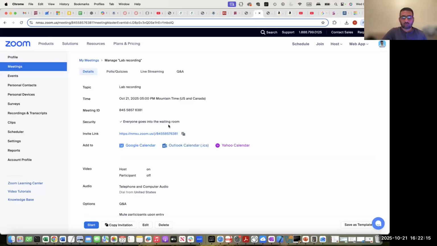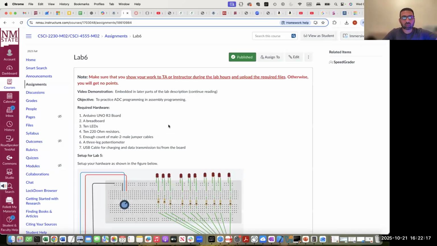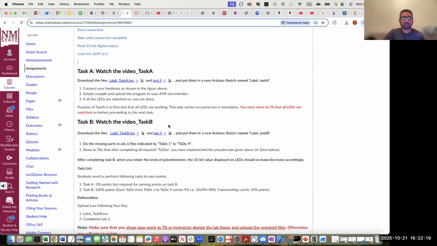Okay, so this is the video for task B of Lab 6. In this task, what you need to do is download these two files, lab6 taskb.ino and adc.s, and put them in a new Arduino sketch named lab6 taskb. Then you need to complete the missing parts in the adc.s file, and those missing parts are indicated by TODOs from 1 to 9. After completing, you need to show the TA